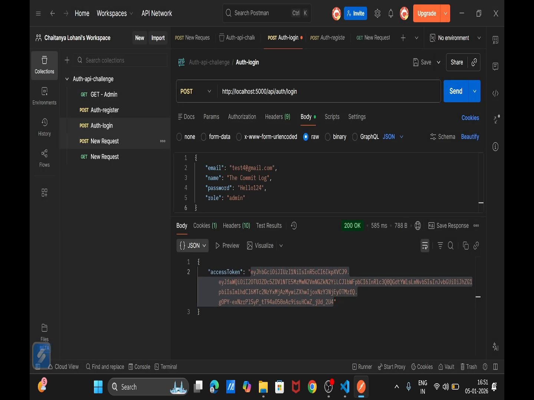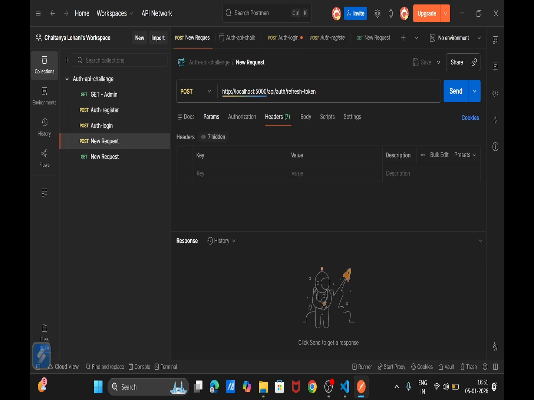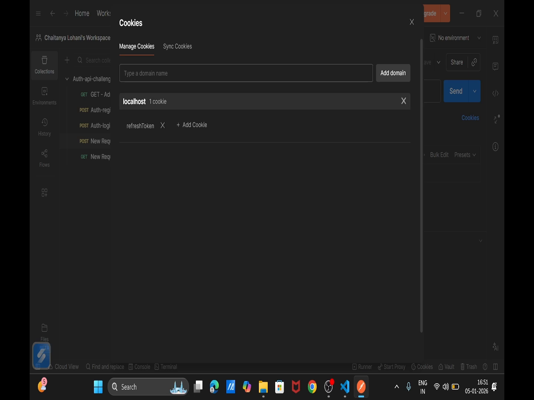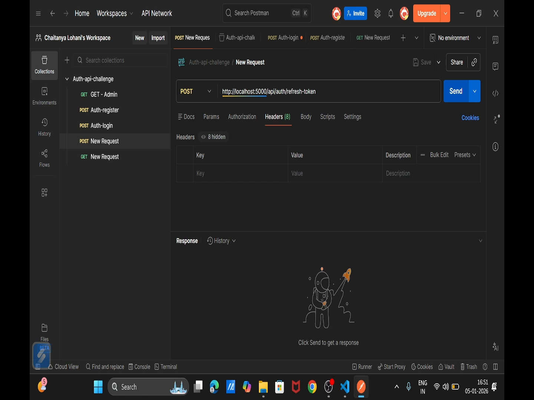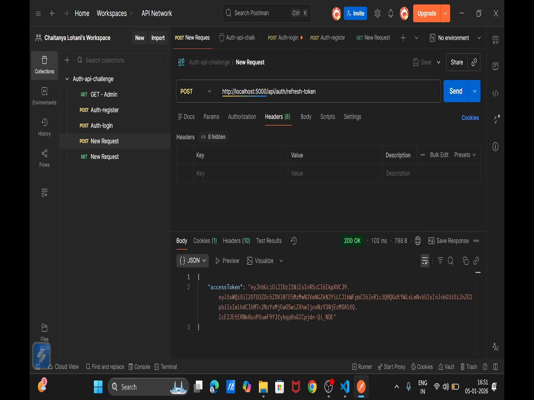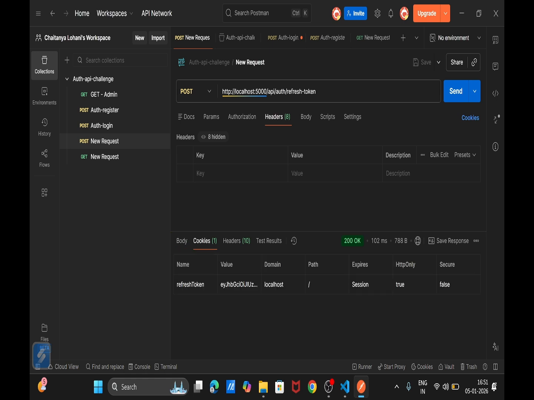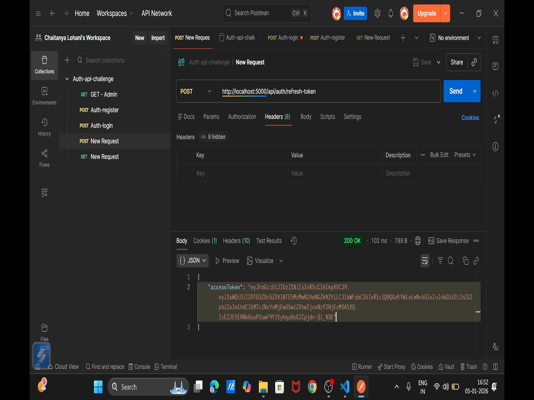And now we go to our refresh token request, as you can see, and in our cookies, we can see our refresh token here. Now when we send this refresh token, we receive a new access token. We are receiving a new access token, and we are also receiving a new cookie. Now, if I copy this new access token